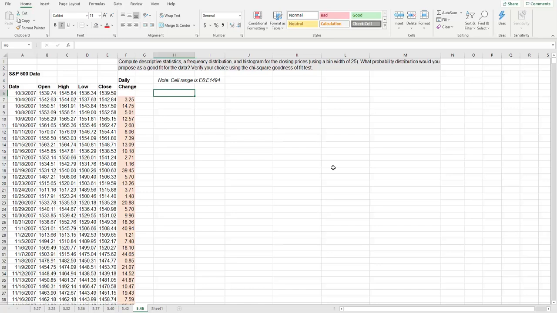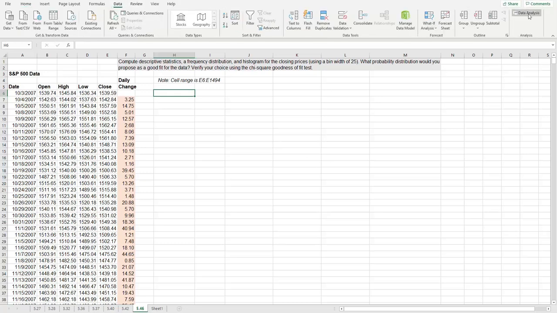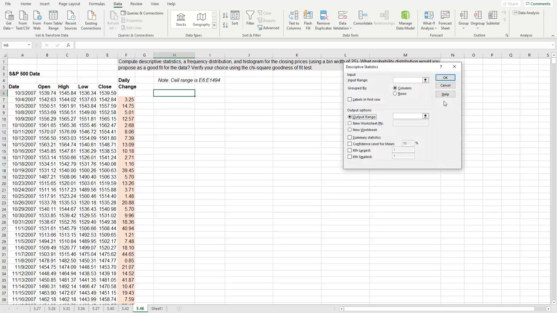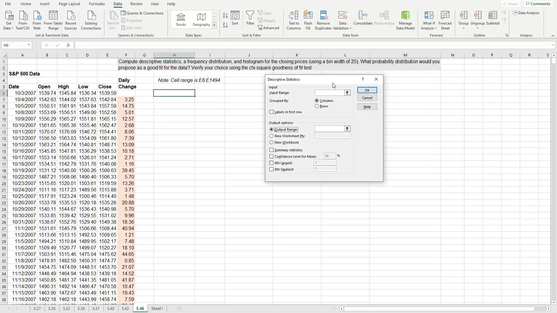In Excel, in order to calculate the descriptive statistics of any data range, we would first go into the Data tab and click Data Analysis. There we would choose Descriptive Statistics, which would then give us this dialog box. Now our input range is E6 to E1494, and then for our output range we would select this cell, we'd check off Summary Statistics, and that would